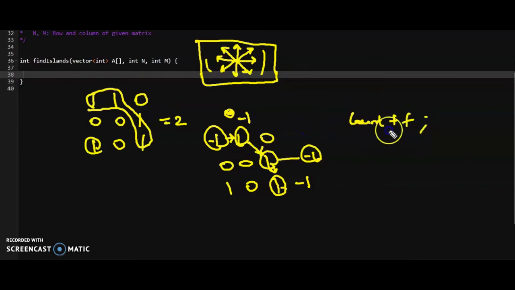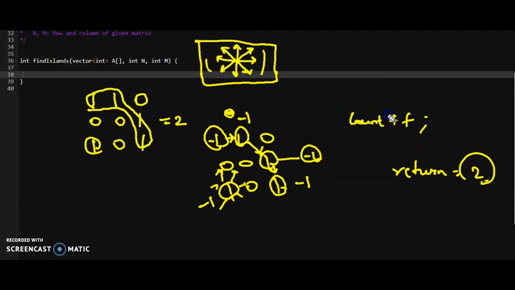So we have found 1 island. For another vertex, we will come to this cell, where we will find this 1. We'll change it to -1, and I will recursively check all the 8 positions for this similarly, right? And if we don't find anyone, we will simply do count++ and we will return count. Alright, so in this case we have found there are 2 islands.